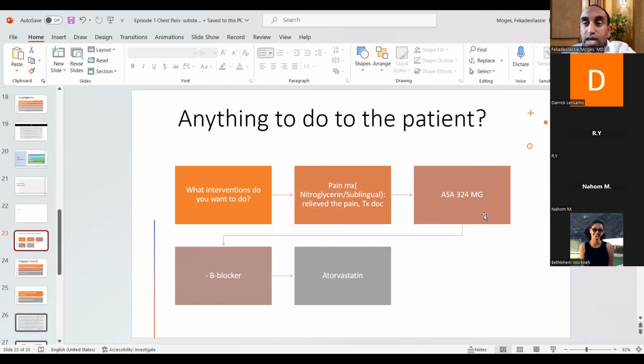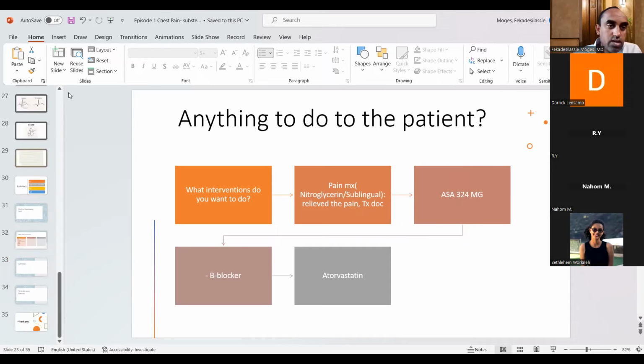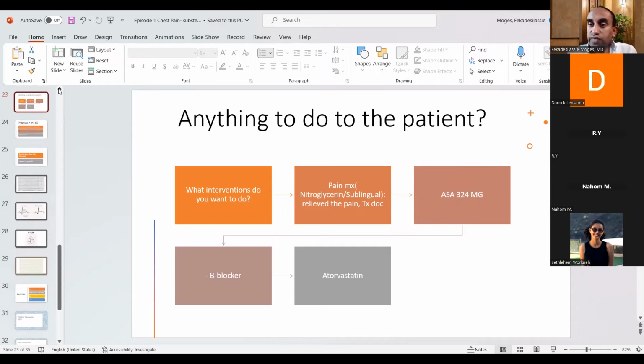You have to give them aspirin. Aspirin is important. Why do you give aspirin? High dose aspirin. Why do you give them high dose aspirin? Prevent clot formation. Yeah, the pathophysiology of acute MI is plaque rupture, no? So there is clot formation. So in order to discourage further clot formation and complete occlusion of the coronaries, you have to give them aspirin, antiplatelets. Okay, that's very important.